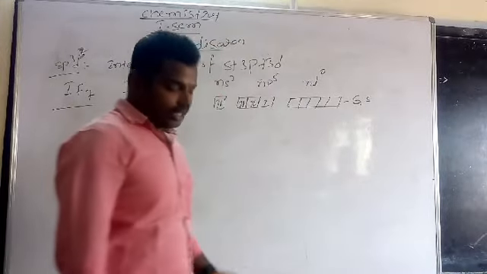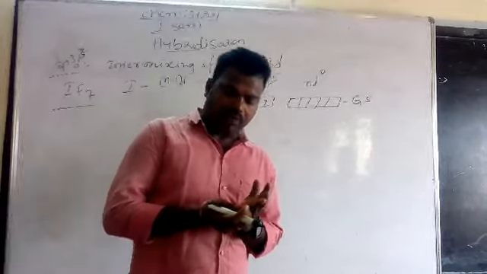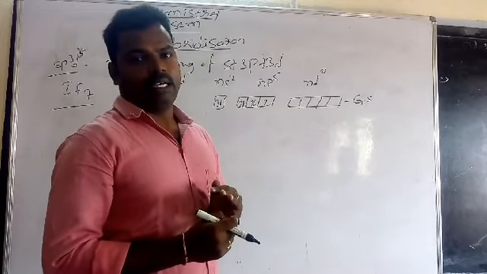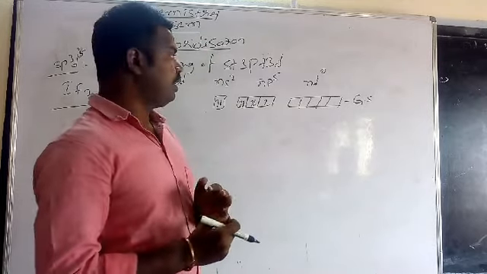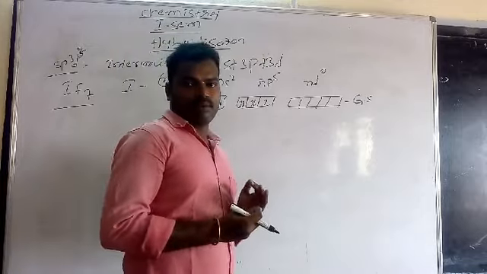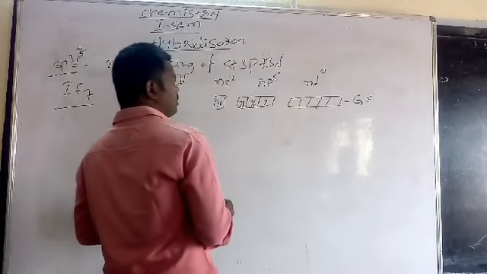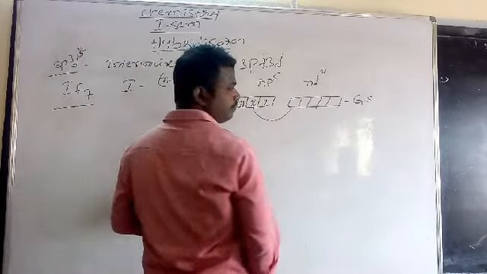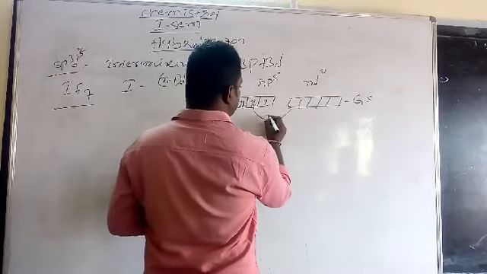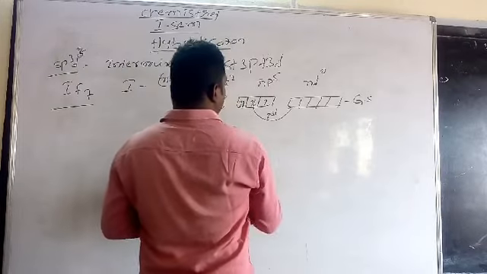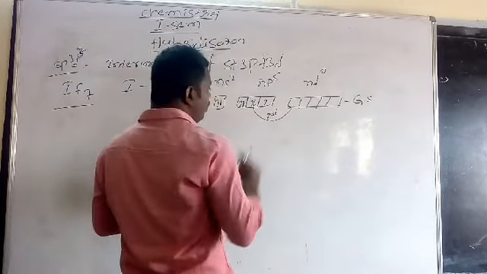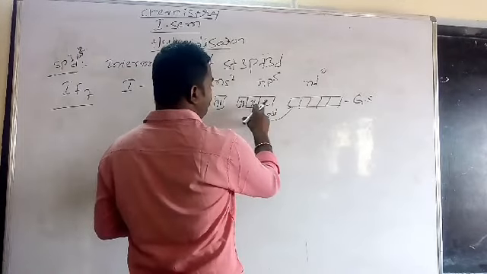In the ground state electronic configuration of iodine, only 1 unpaired electron is there. But iodine requires 7 unpaired electrons. So go to the first excited state. This electron jumps from this one. This is the first excited state. In the first excited state of iodine, only 3 unpaired electrons: 1, 2, 3.